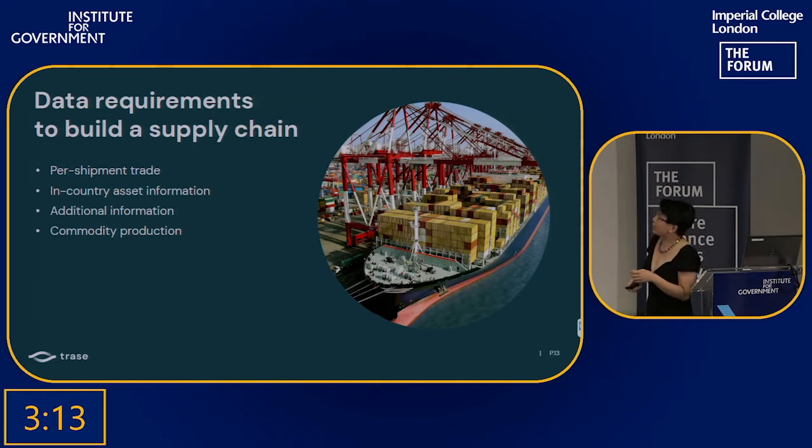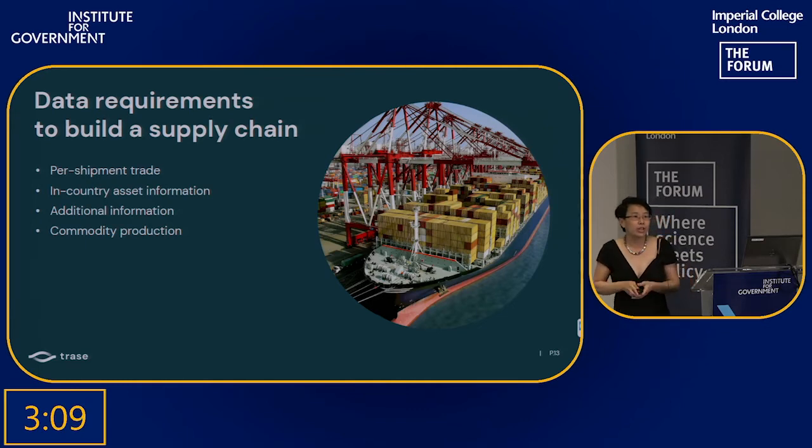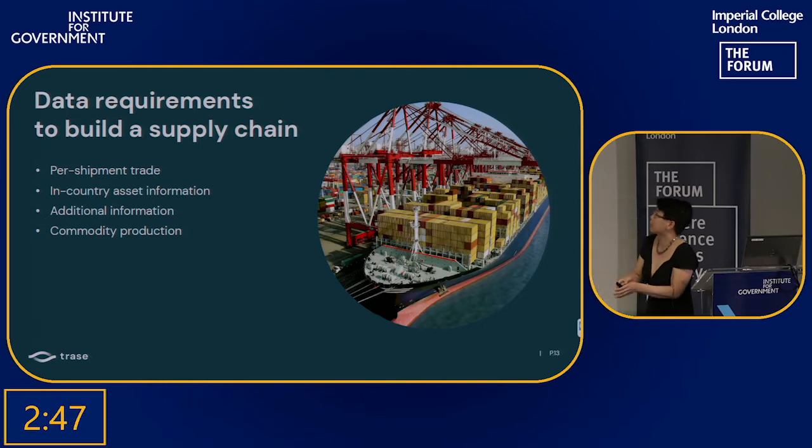We use in-country asset information like tax information or company declarations in order to build a map of where assets are located. So where are the soy silos? Who are they owned by? Where are the slaughterhouses? Where are the palm oil refineries or mills? And that allows us to build a picture and develop a decision tree about who in the supply chain is associated with what volume of production from specific regions of production.